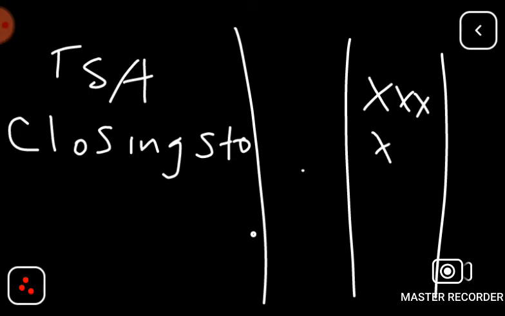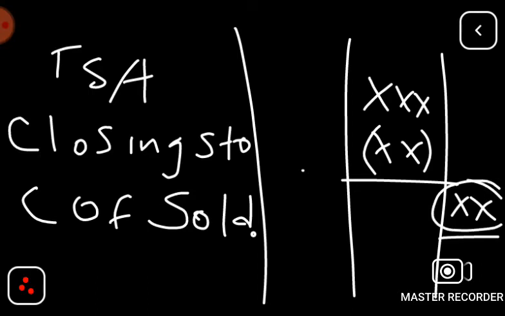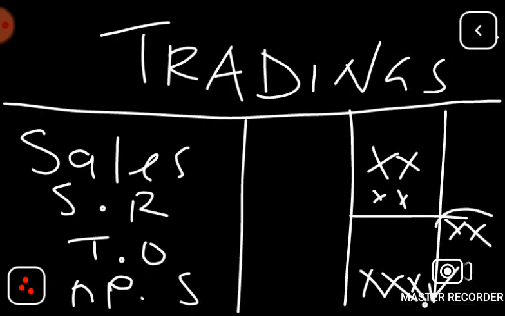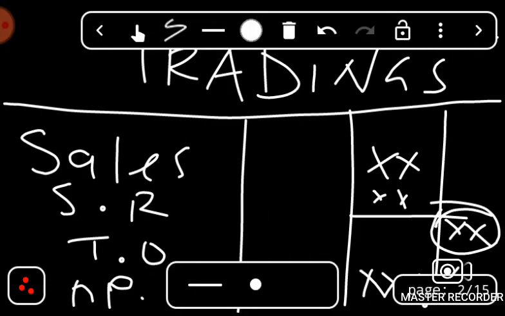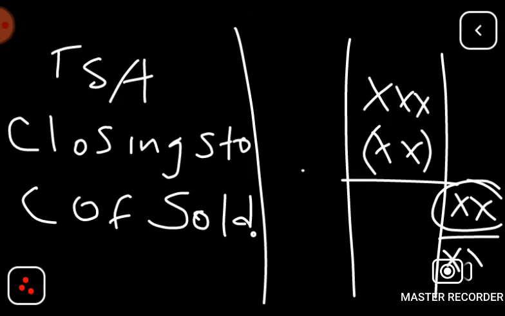When you subtract closing stock there, you're going to have your cost of goods sold. Then this amount and the amount that we had as our turnover shall be subtracted to find our gross profit. And we are done with the trading